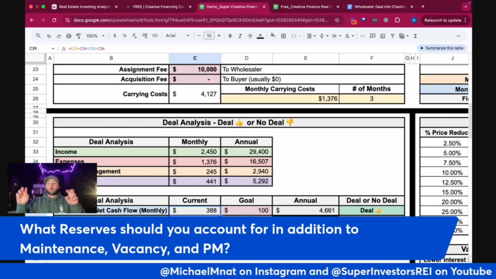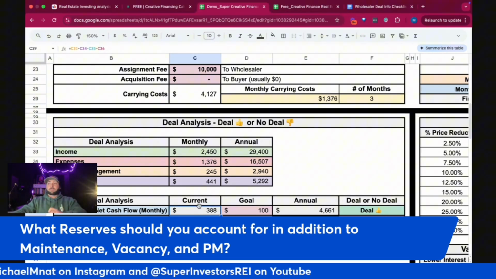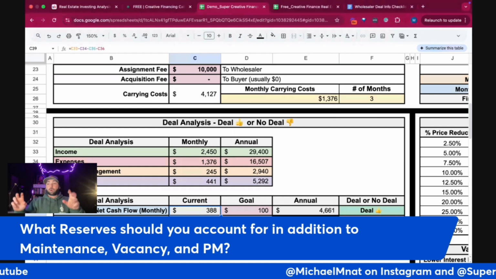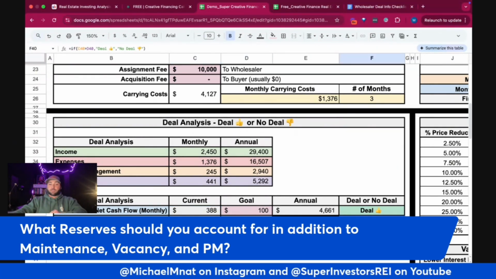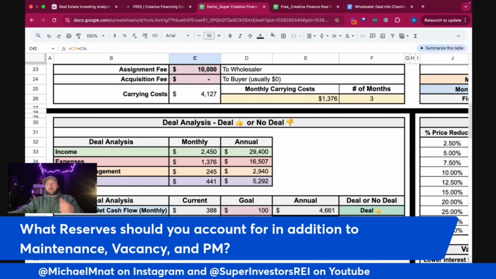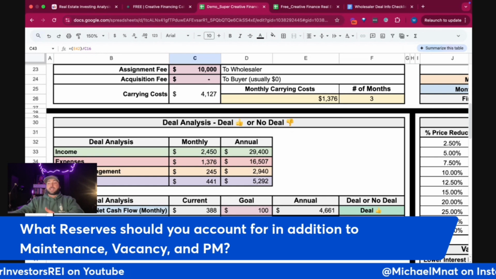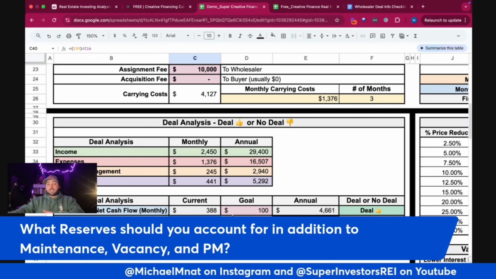And this is more of your worst case scenario. You have your 8% for vacancy, you have your 10% for maintenance and capex, and all that's fully exhausted. That's what this cash flow is. Your cash flow is going to be somewhere in between here. And I like to see my worst case scenario be no less than 10% for that to be a deal for me. And I like to see this be much higher. I want my upside to be much higher if we are able to operate more effectively, but I also am not going to make decisions based on the fact that I can potentially, in a perfect case scenario, make a high return. This needs to hit my minimum.